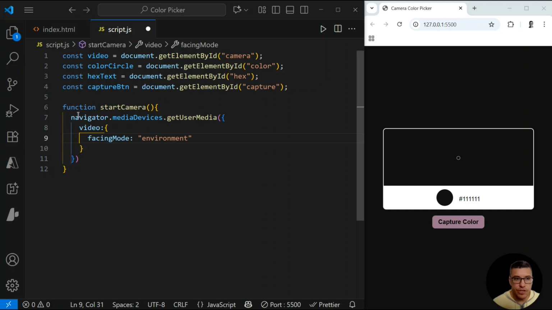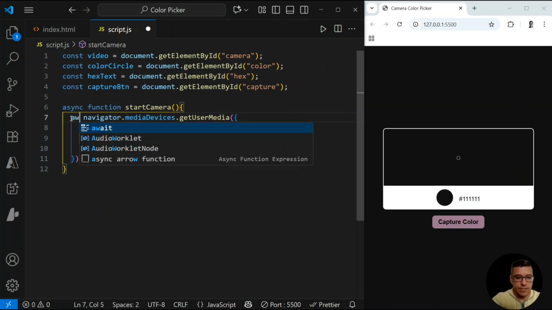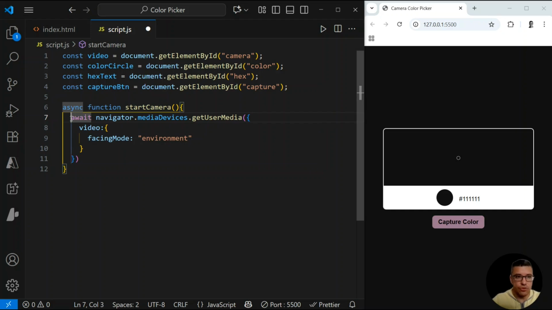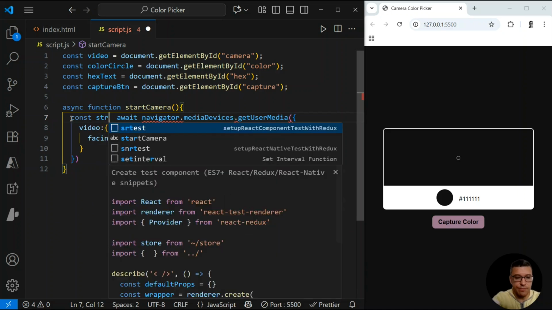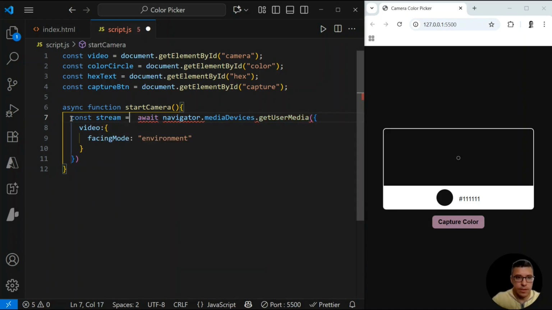Now this will return a promise, so I will have to make this function async, and I need to await this. And I will store this in a constant called stream. Okay, and now all I have to do is, underneath this, put the source of my video to that stream. So I will say video dot